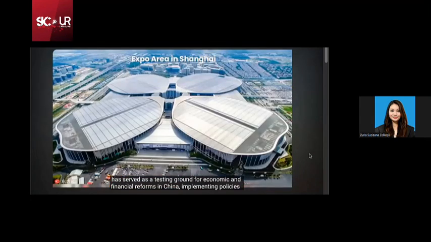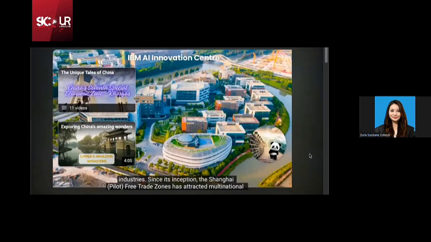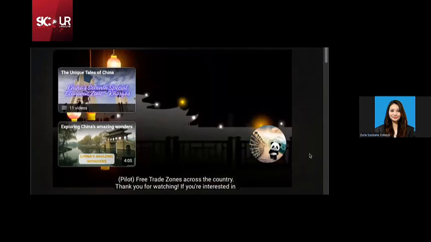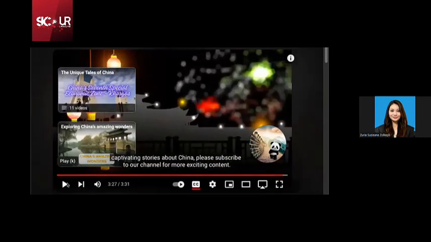The zone has served as a testing ground for economic and financial reforms in China, implementing policies such as a negative list system to restrict foreign investment only in government-restricted industries. Since its inception, the Shanghai Pilot Free Trade Zone has attracted multinational corporations like General Electric, IBM, and Pfizer, leading to the establishment of additional pilot free trade zones across the country. Thank you for watching. If you're interested in captivating stories about China,